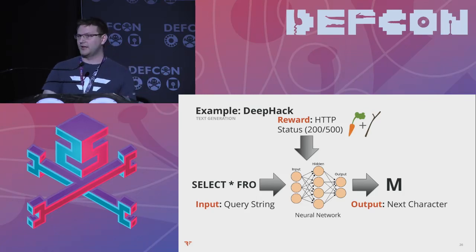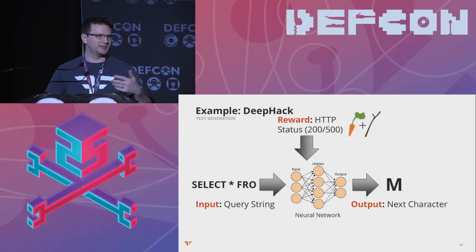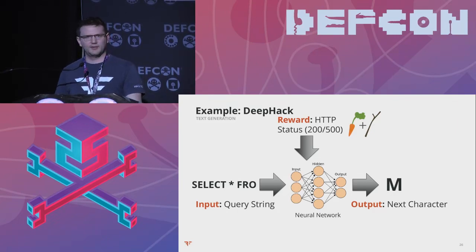And in terms of rewards, how does it know whether it did something right or whether it did something wrong is again based off of the output from the remote server. So all we have information about are the Boolean-based responses from the web server. So did this give us a 200 or did it give us a 500? Which is to say, is that data correct or is it incorrect? And so entirely from that basis, we can figure out whether the string is present in the database or not, or whether this is something that we want or whether it isn't.